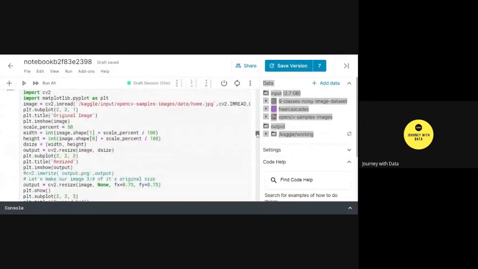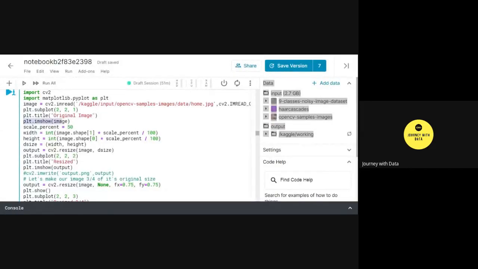So this is the code which basically takes the necessary libraries, cv2, the PLT variable, and then I've read the image here. In this part, I'm reading an image and then creating a subplot and simply creating a title called original image and then displaying my image. So up till this section, plt.imshow, this section is just reading the image as is and then displaying it.